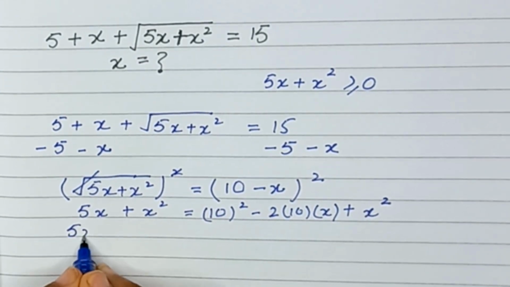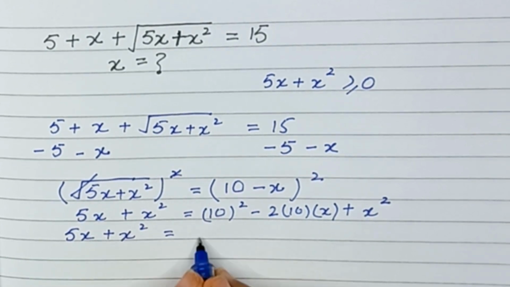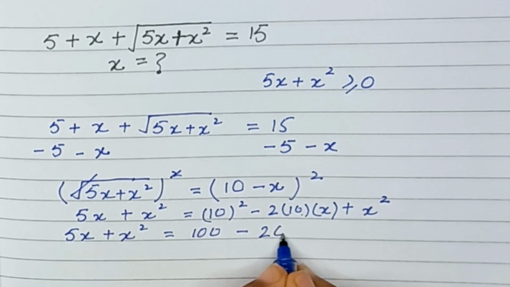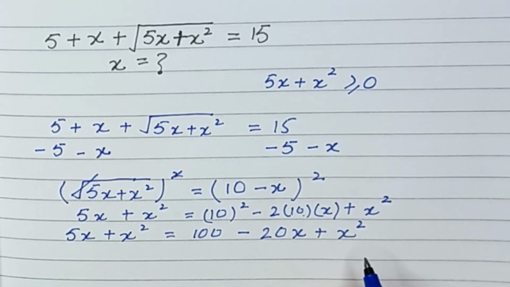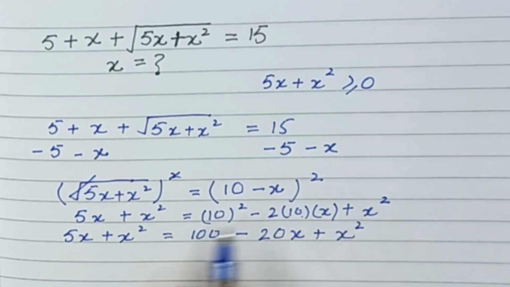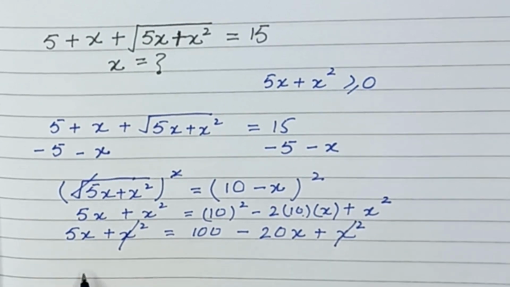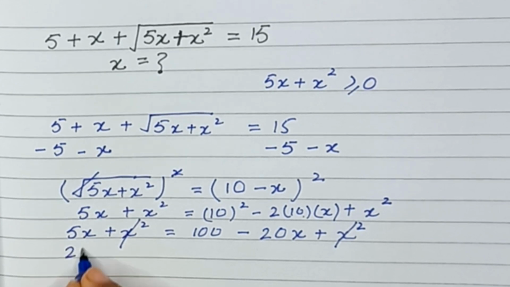So it becomes 5x plus x square equals 10 square, which is 100, minus 2 times 10 times x, which is 20x, plus x square. So x square and x square will cancel out. If we add 20x to both sides,